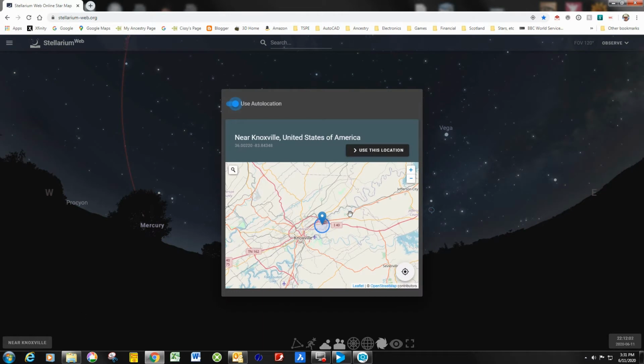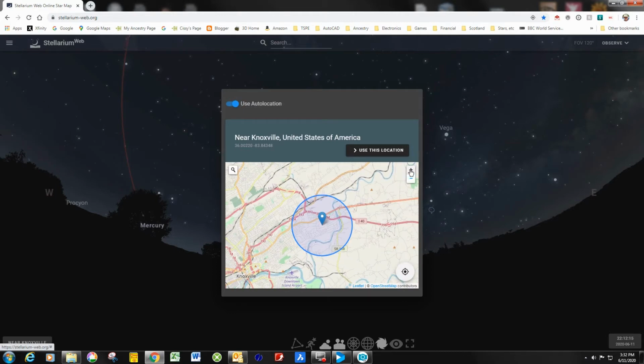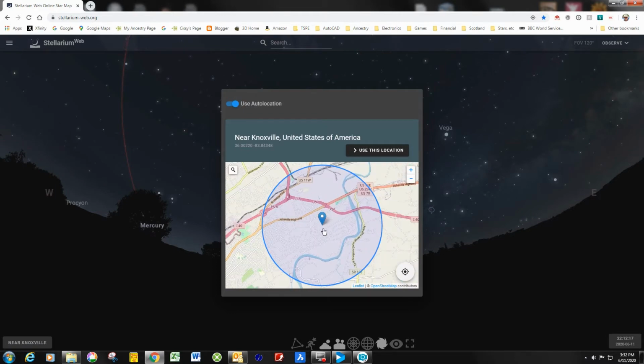It says here I'm near Knoxville, which is true. You can bring that up. If it's near your location, you're probably good. There's no reason to fine tune this. It won't make hardly any difference. That's very near my house, not necessarily, but if it doesn't say that it's near you,